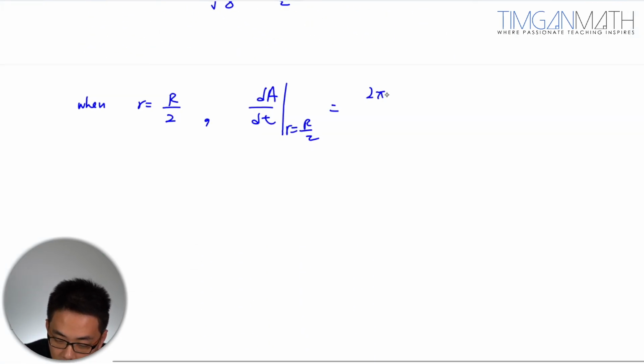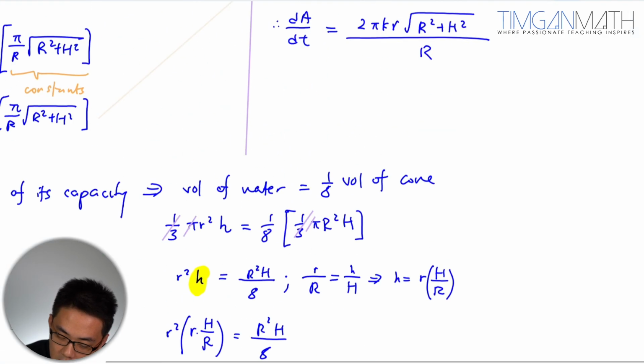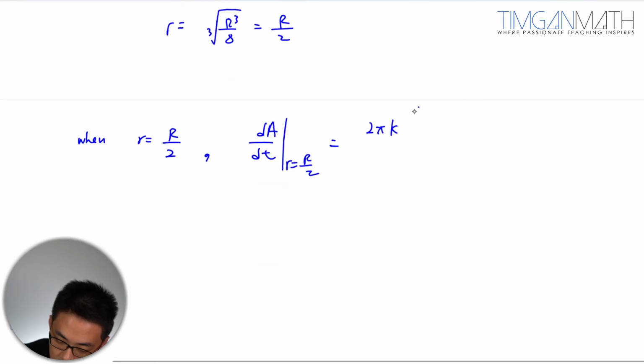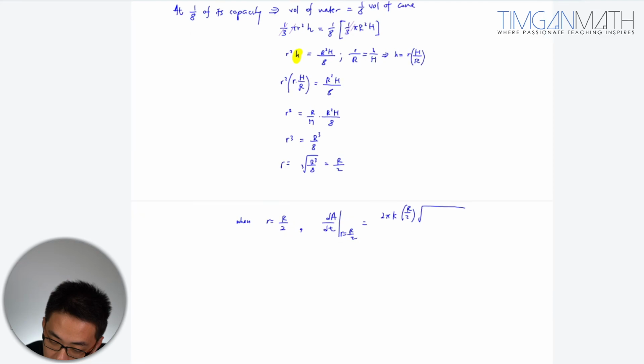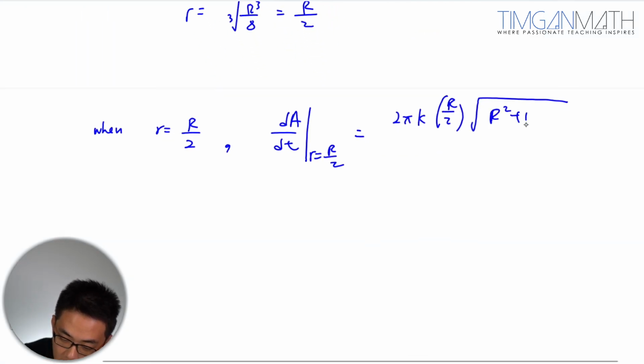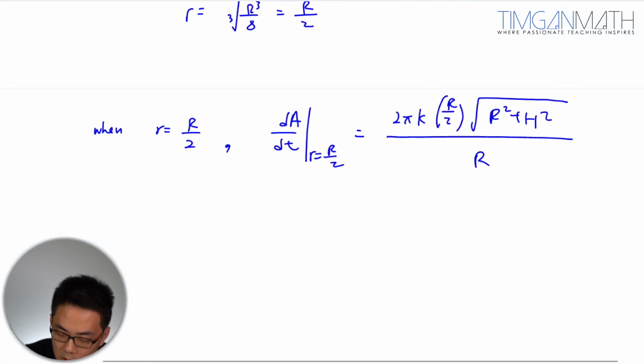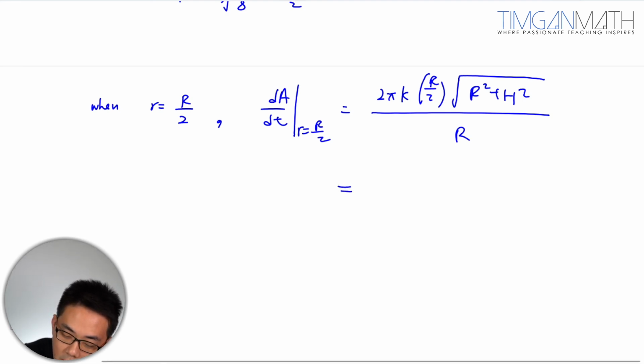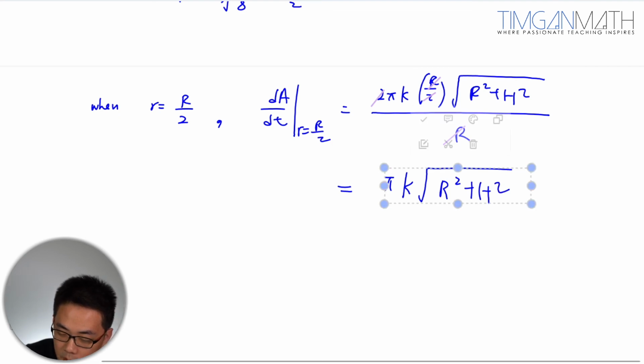So 2 pi k R over 2 times the square root of R squared plus H squared over R, and that will give us cancel. Just do some basic manipulation there. Pi k times the square root of R squared plus H squared. Okay, that's how we do this